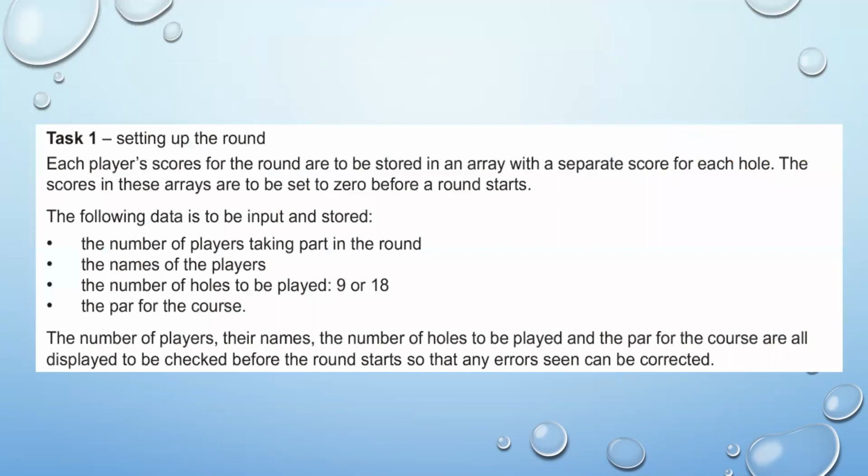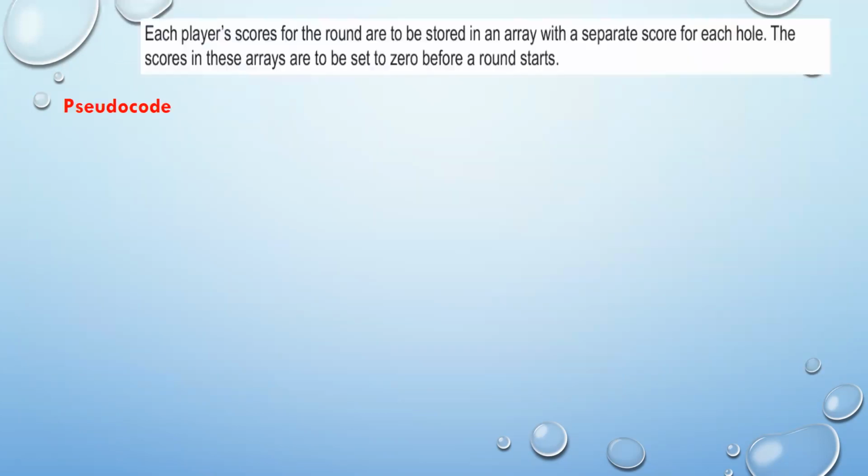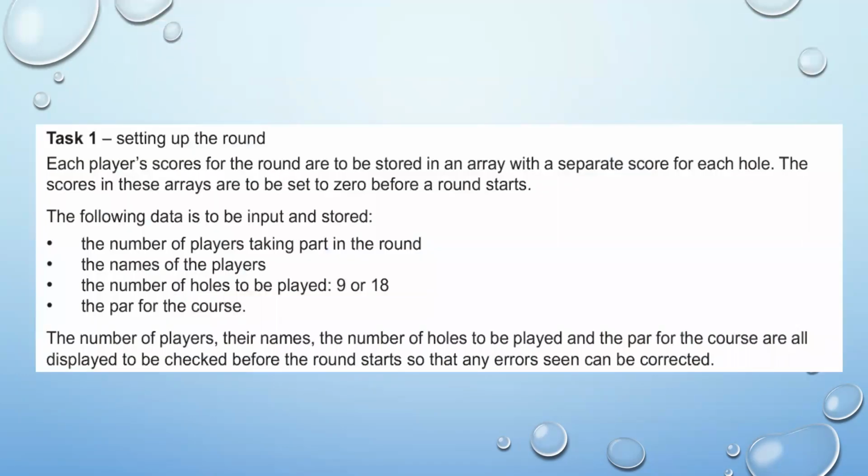Now let's look at your pre-release material for this year. Let's see task 1. You must be having the hard copies with you, so I will not read the question and waste your time. We straight jump into the task. The first part of the task tells us, I've divided the task into different parts.